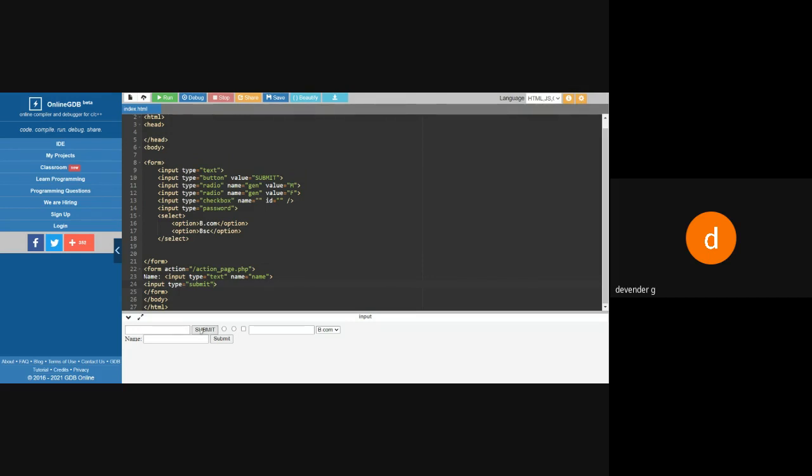Why? Because for this I don't have any action. See, for this form I don't have any action. So no redirection. But for this button, I have a redirection. That means after submitting something, when you click on that, it is going to take me to some other page.